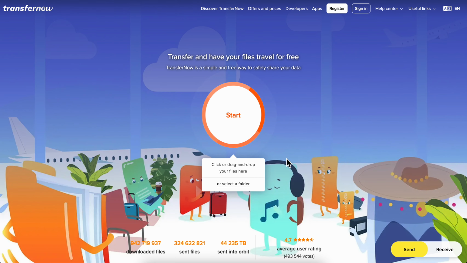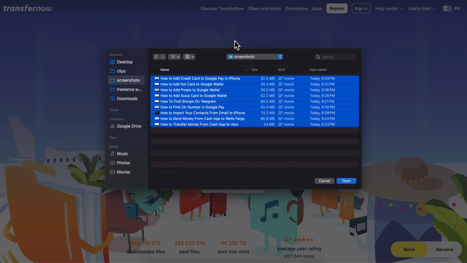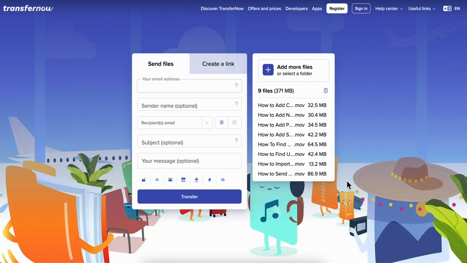Now what you're gonna have to do, so you don't need an account, you don't need anything, just simply tap on start. And then you're gonna have to simply choose your video, and after that what you're gonna have to do is simply enter your email address. And now if you want, you can add a sender name here and the recipient's email. So if you want to send this to someone else's email, simply enter their email and tap on transfer, and